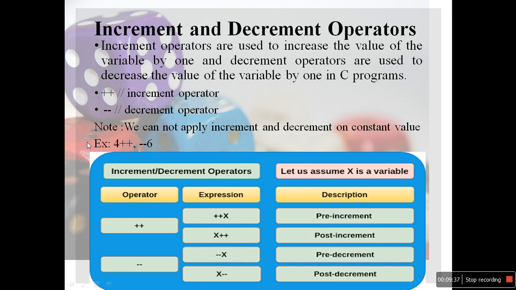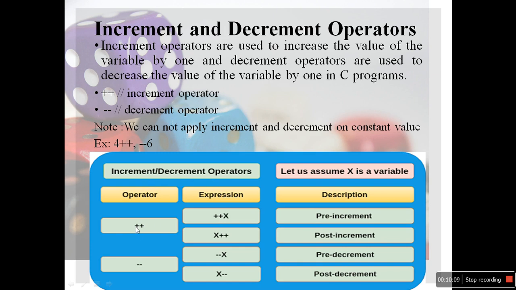The most important rule of C programming in operators is that we cannot apply increment and decrement operators on a constant. Example, we cannot do 4 plus plus. We cannot do minus minus 6. If we want to do this, we have to assign these values into a variable. We apply increment and decrement operators on a variable, not on a constant.